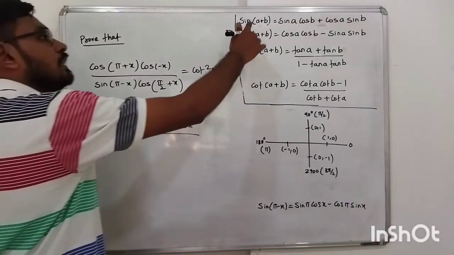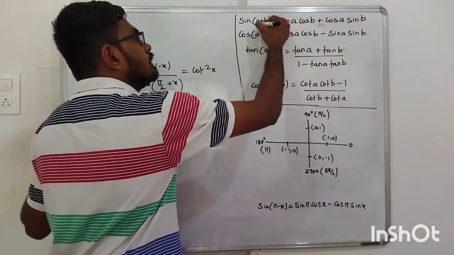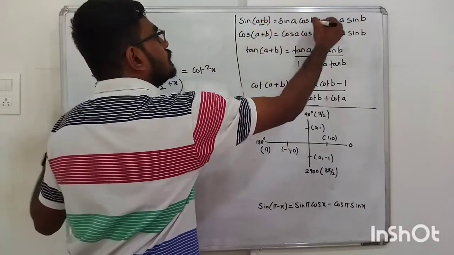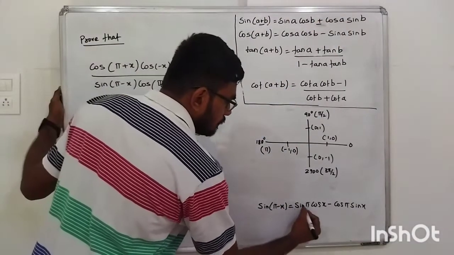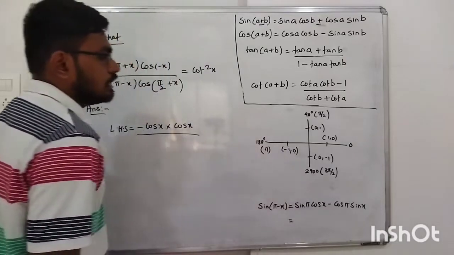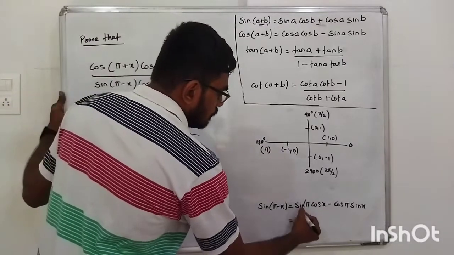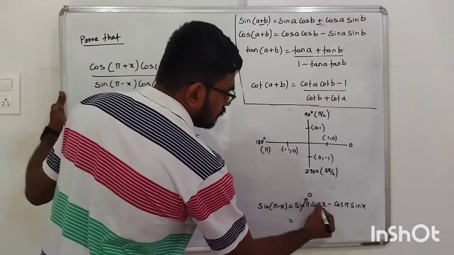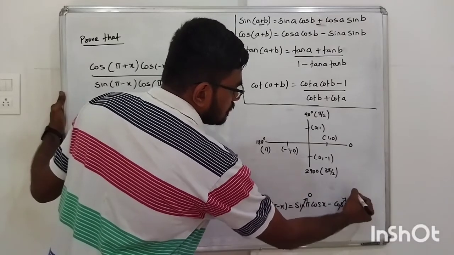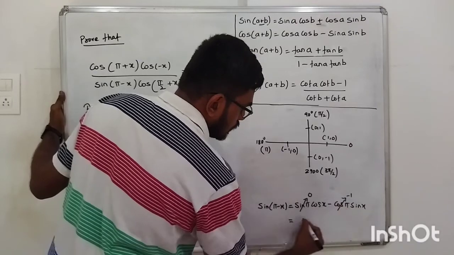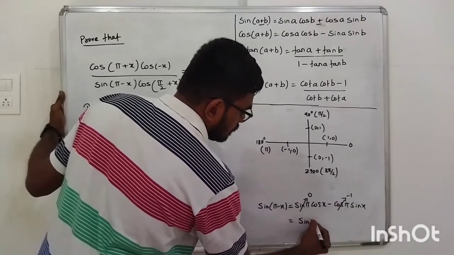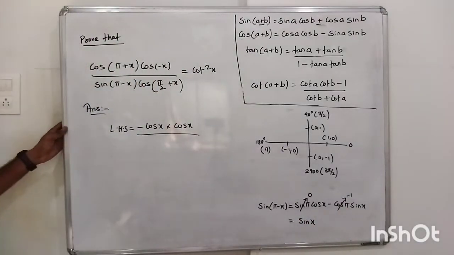Okay, sin of a minus b. Whenever there is plus here, this is plus. Whenever there is minus here, this is minus. The sin of pi minus x is sin pi cos x minus cos pi sin x. What is sin pi? Sin pi is 0. Cos x into cos pi is minus 1 into sin x. So answer is minus into minus plus sin x. Correct? So sin of pi minus x is sin x